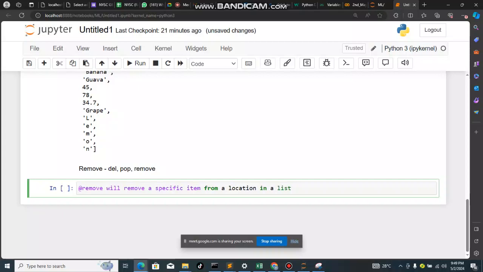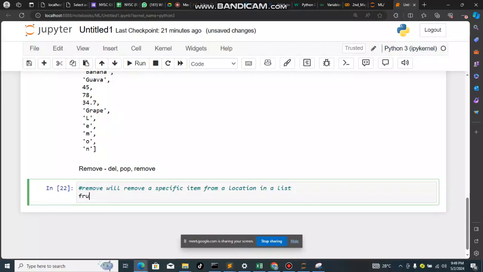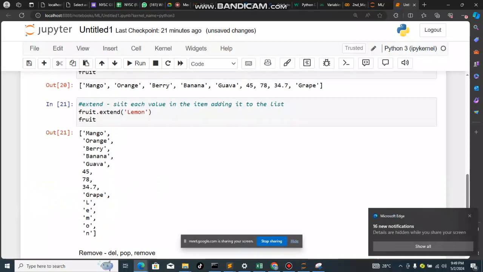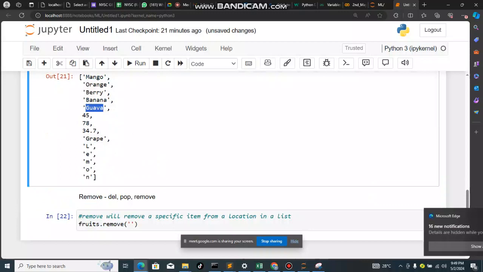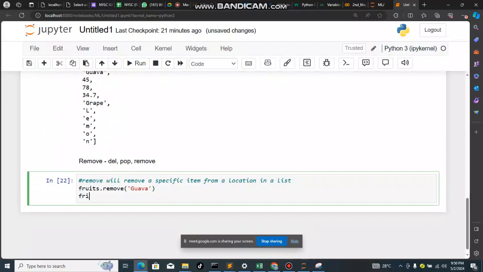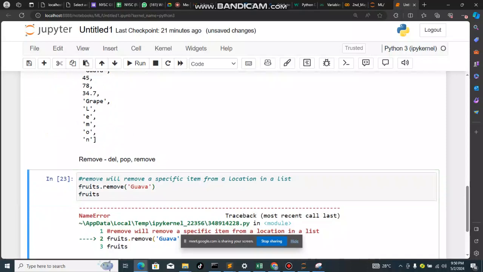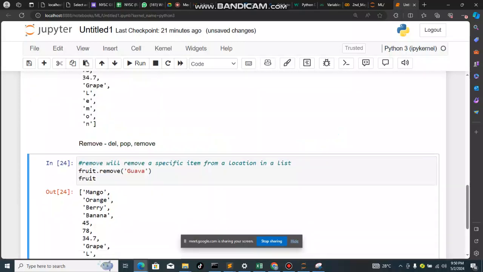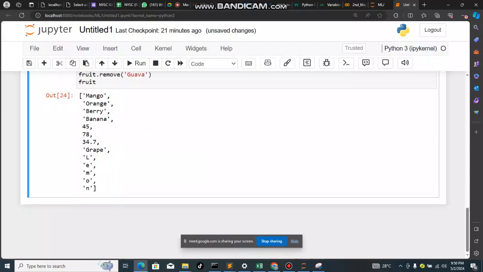Okay, so if I say fruits dot remove, I want to remove guava from this list. So once I say fruit dot remove guava, if I run fruits again, okay, we have fruits, not fruit. So you can see guava has been removed. Guava is no longer